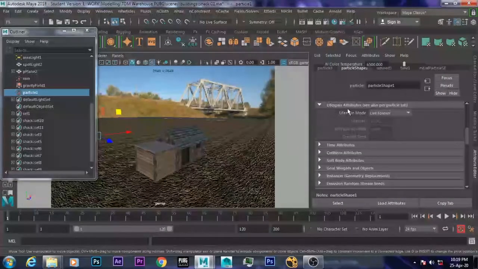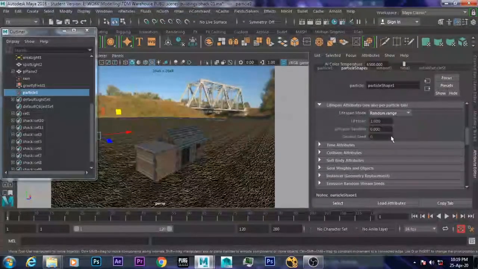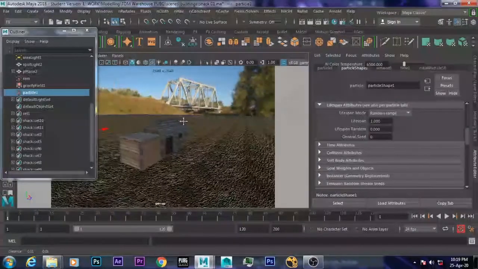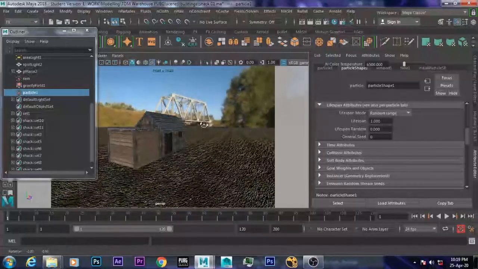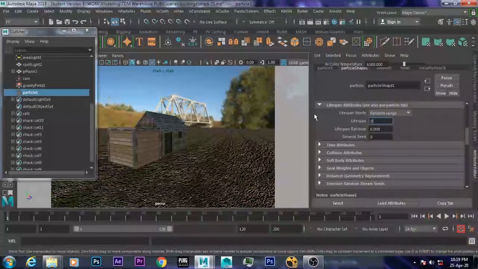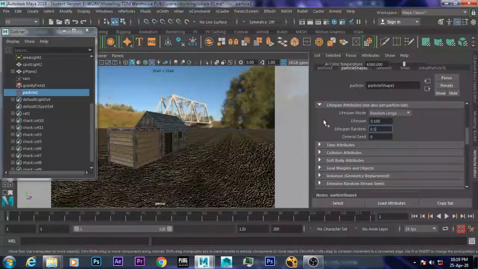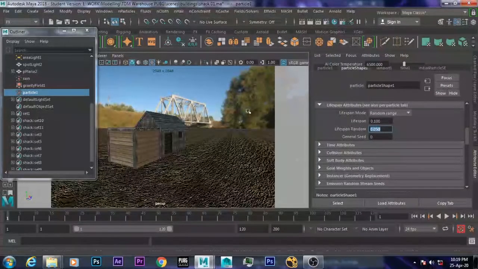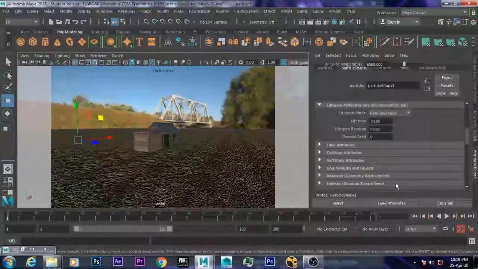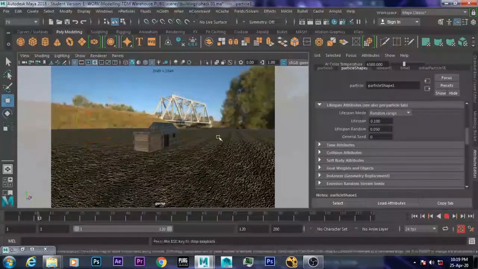Go to lifespan attributes, choose random range, and set the random range as you like. I will set it to 0.100 and lifespan randomness to 0.50. It's not 500, sorry, it's 0.50. Then simulate once again.